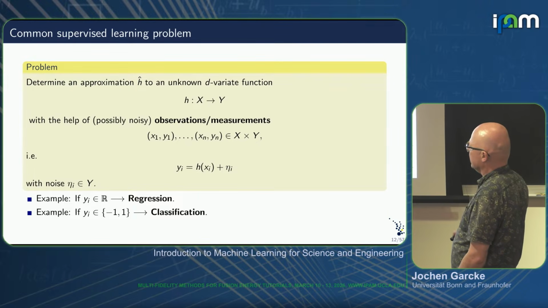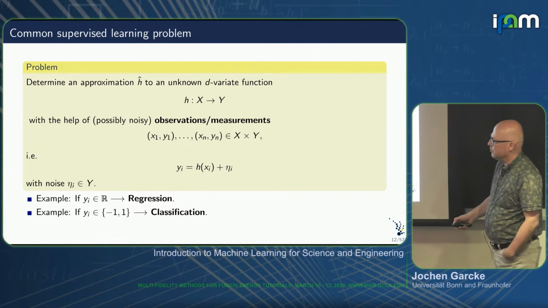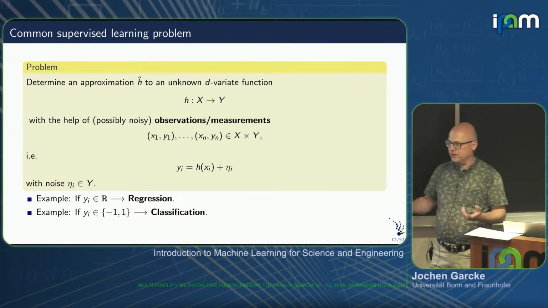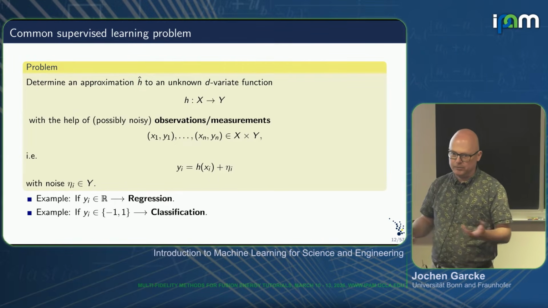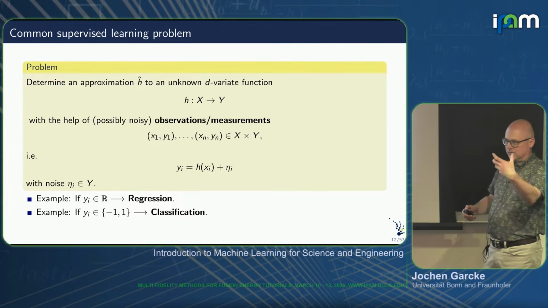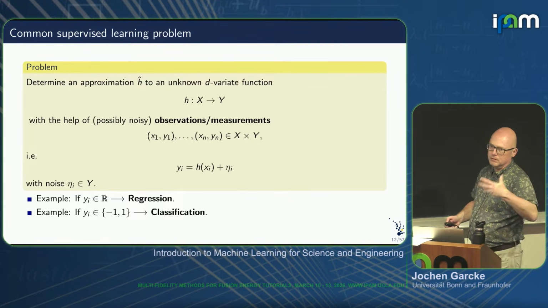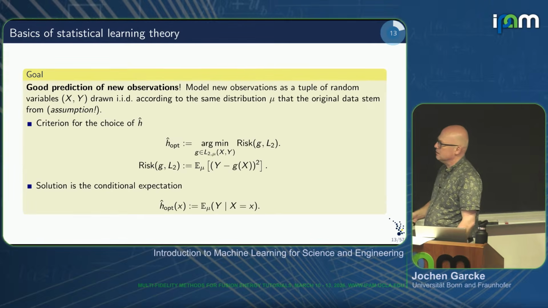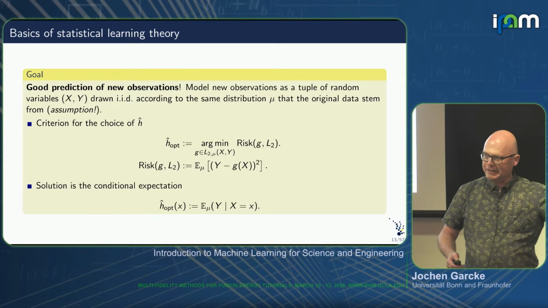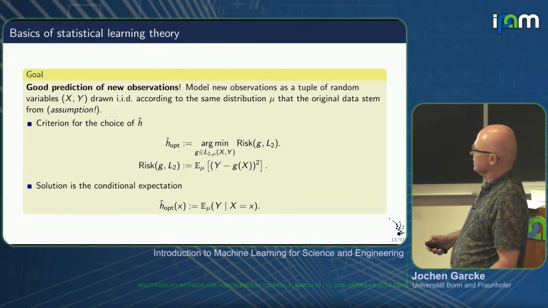And if the target value is a real number, we're talking about regression, and if the target value is -1, 1, we talk about binary classification, or if we have 10 labels, we have multi-class classification. And in the sciences, I guess, we're more after regression to model functions, but it could also be that we worry about classification, but I think the examples are more on the regression side. But the actual goal is not to replicate the data I have, because that's the data I have. The actual goal is prediction on new observations.